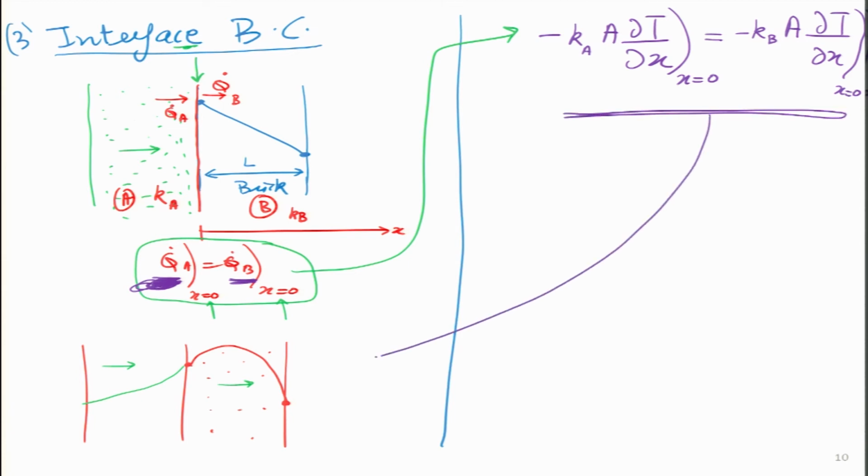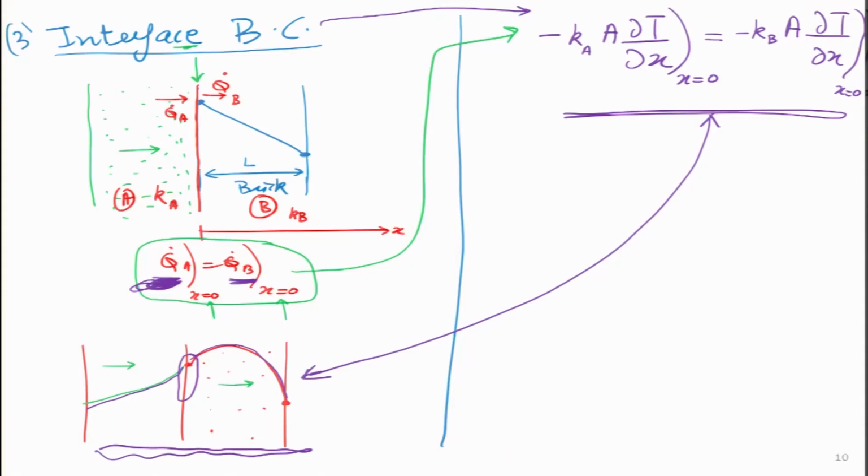Why? Because it helps us understand that, if you look at this particular example at the bottom, no matter how complicated these curves can be, because nature can in certain cases give us very complicated things, the engineer will only focus for the interface case on this particular part, and that is very simple over here. So, this is the beauty of the interface boundary condition. It tells us that at the interface, whatever heat conduction, convection or radiation is coming from the left side is equal to the conduction which is taking place on the right hand side.